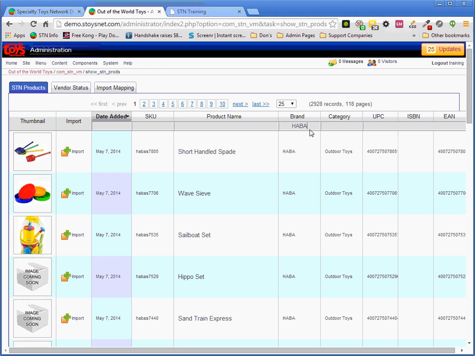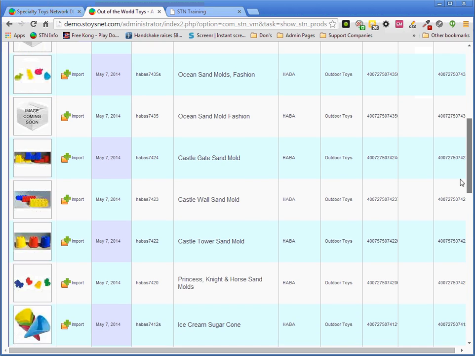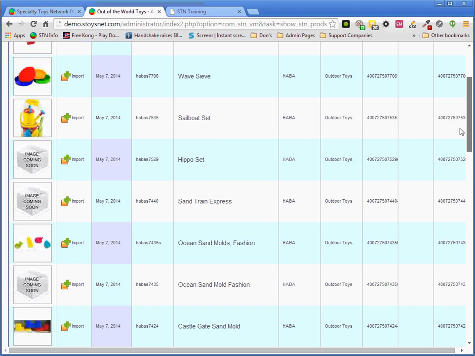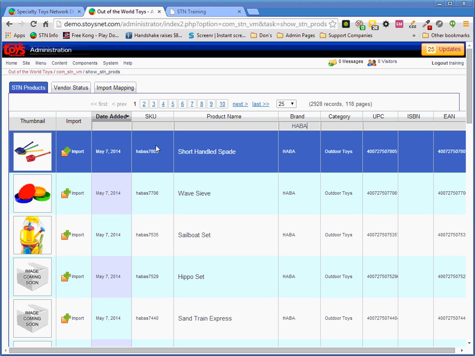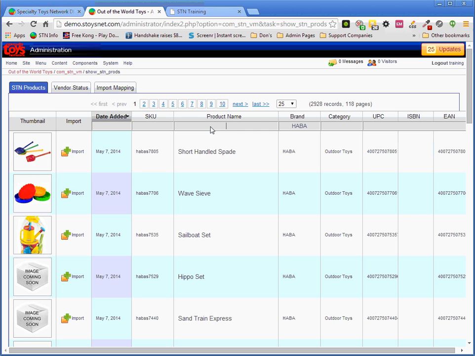Okay, so what I just did is I filtered the Import tool to display only HABA products, and you'll see that some of these products were just added on May 7th of 2014, or were updated. Now, with just HABA products, you could search for a specific SKU. For example, let's search for